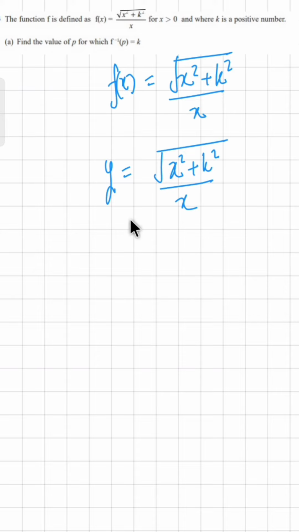To find the inverse of this function, you need to find the value of x. This whole expression is the value of y, and if you find the value of x, that will be the inverse of this function. So let's find the value of x. This x goes to this side, y multiplies x, we get yx is equal to square root of x² + k². Now, if you square both sides, on this side you will get y²